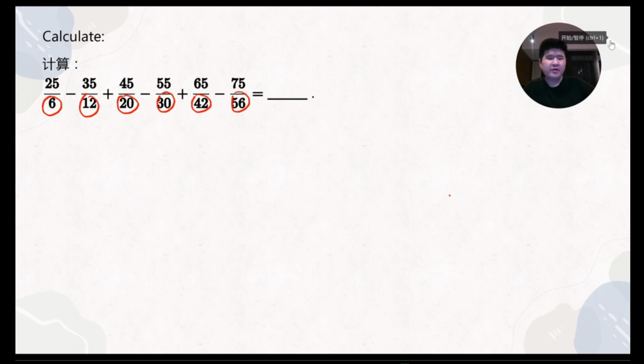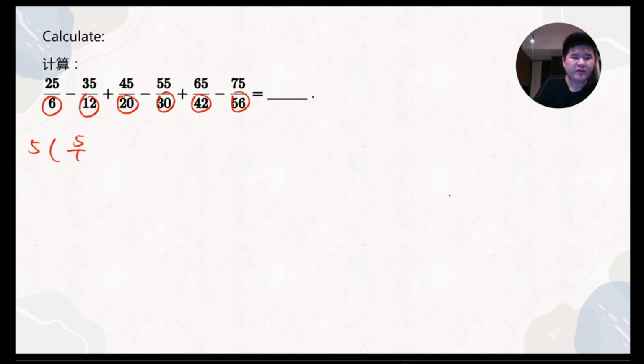Let's find out what's the relationship between 25, 35, 45, 55, 65, and 75. 你有没有发现，当我们重复读这些数的时候，一个共同点就出来了，它们都是5的倍数。